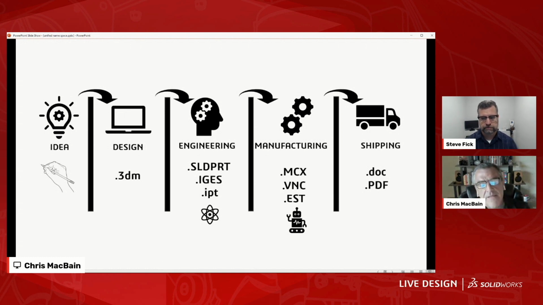And that's where the parametricity and the parametricness, I always get those confused. Being parametric, there you go, is super important. That's what we talk about with SolidWorks all the time, because you can go forward and back in SolidWorks. It doesn't make a difference. Dude, let's go with parametricity. I love it.